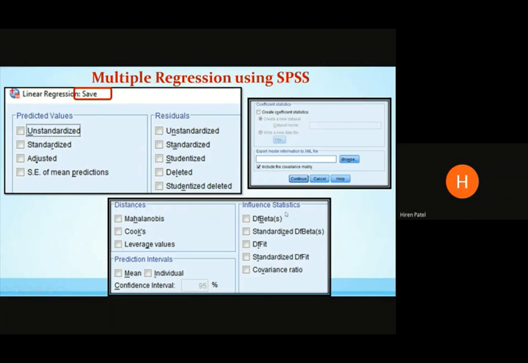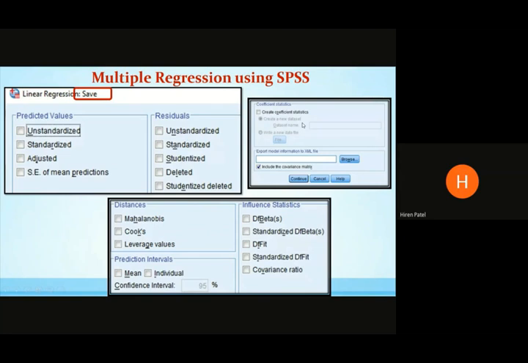These distances are used for influential statistics. If you remember, we had discussed the 11th assumption that there should not be any point of distortion, right? So this will be assessed through saving the distances or influential statistics. This is also used for identifying the outliers: DFBeta, standardized DFBeta, DFFit, standardized DFFit, and covariance ratio. So all these distances, prediction intervals, and influential statistics are possibly used to identify the outliers if you save them. Right, and that's why they are together. SPSS is designed in the best possible way to keep together those of the same nature.